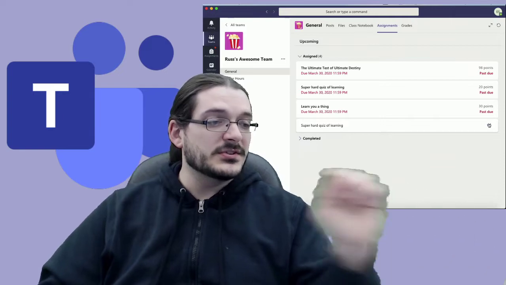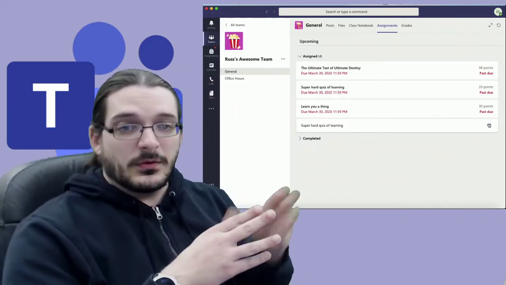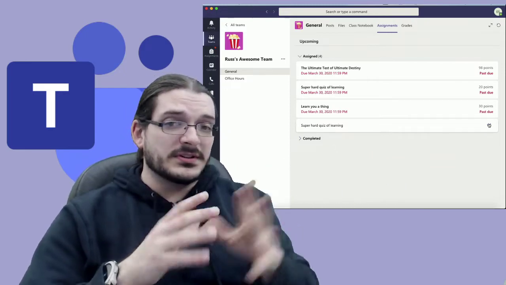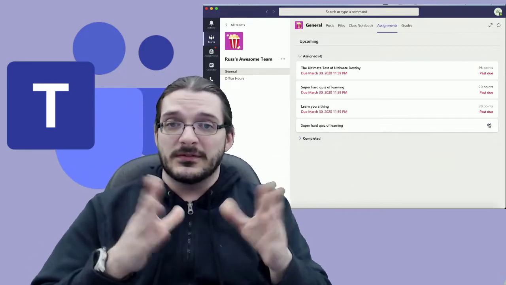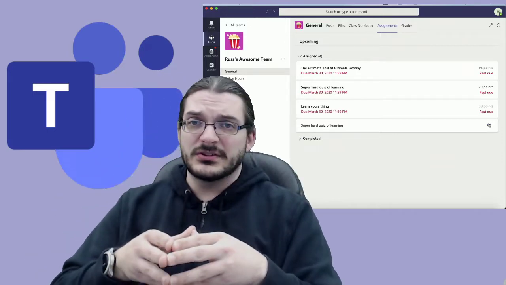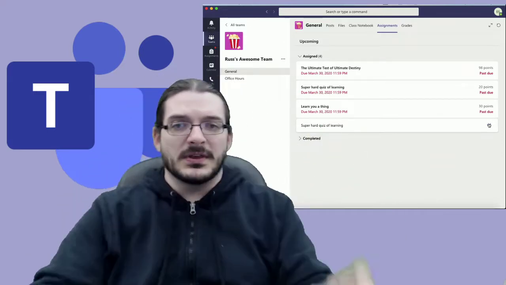So you can see now there's a little check mark right there showing that we have completed this. Once we've completed it, it means that it has been turned into the teacher, and they are going to review it if there's anything else they need to do with it. Next, we're going to take a look at an assignment that actually requires us to submit something, a piece